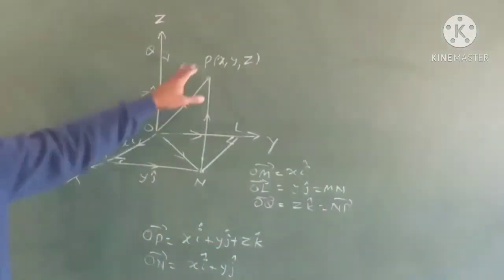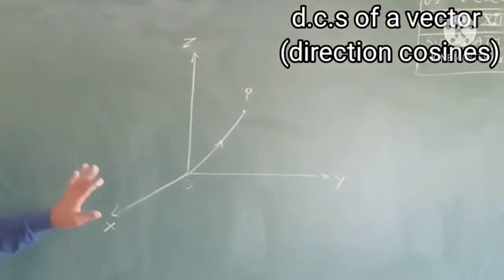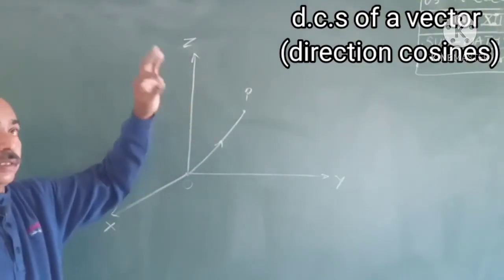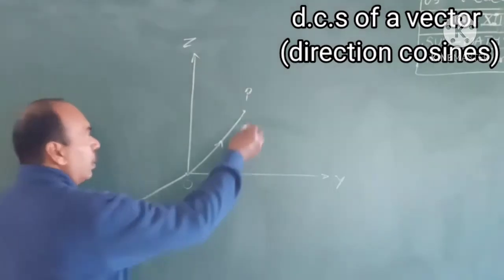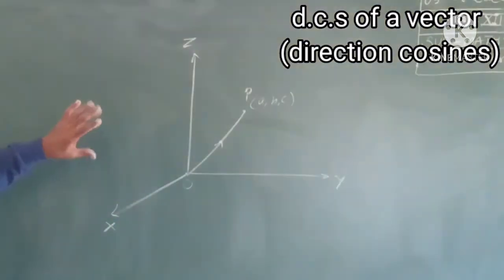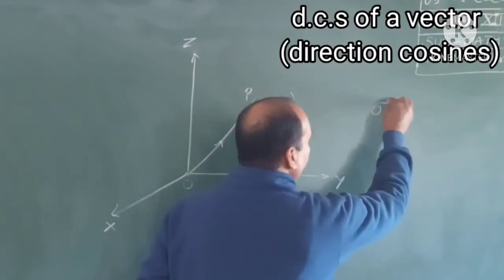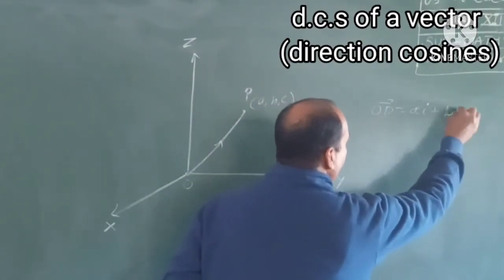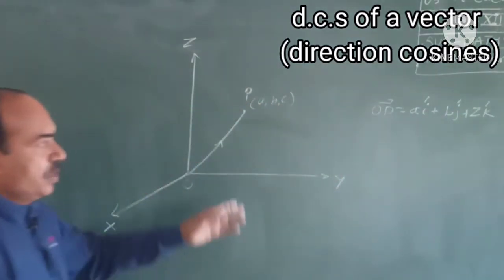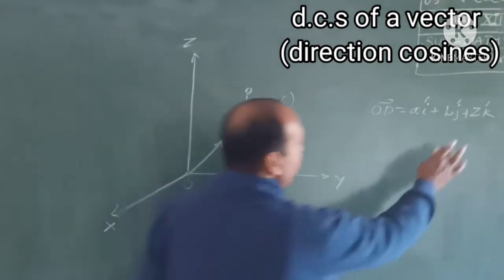It means whatever their coordinates are, we have to use i, j, k with them. Okay, now the DC of a line or DC of a vector. Suppose this is the x-axis, y-axis and this is the z-axis, and once again in space there is a point P (x, y, z), or suppose point A, B and C. So vector OP is a i plus b j plus c k, always write cap: a i cap plus b j cap plus c k cap. Sorry, A, B and C, not X, Y, Z.